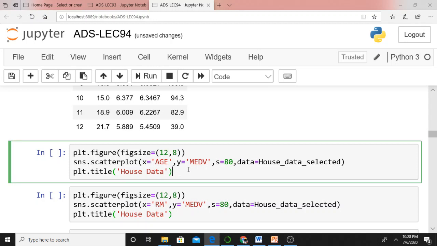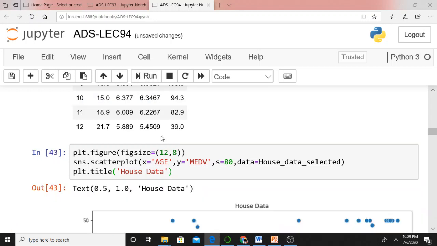If you want to visualize the relationship that exists between two continuous variables, scatter plot is a great visualization tool. Let's see how the age affects the median value of a home. Here this is bivariate. If there are two variables, to understand the relationship between those two variables, I can make a scatter plot.